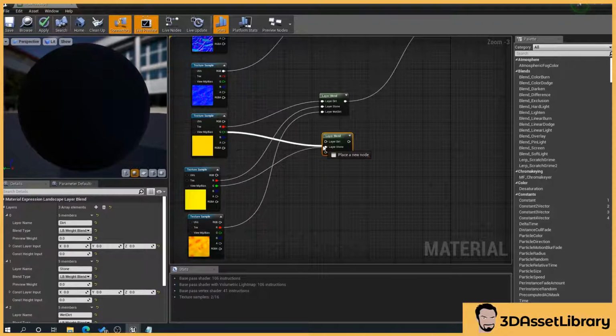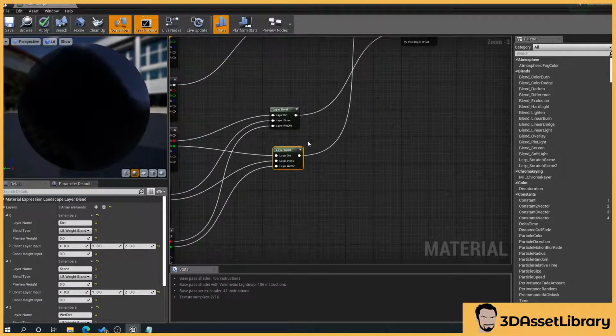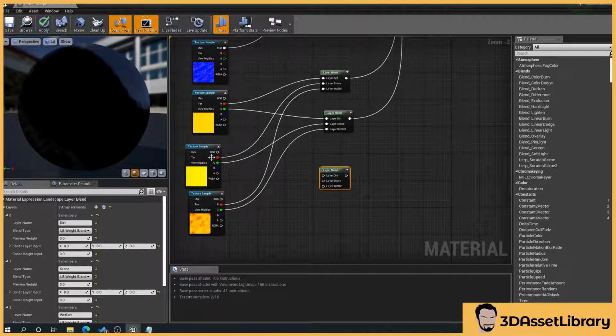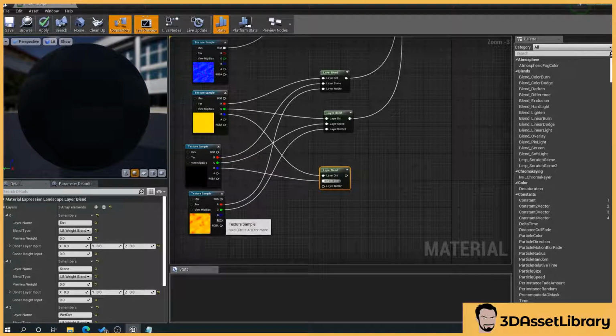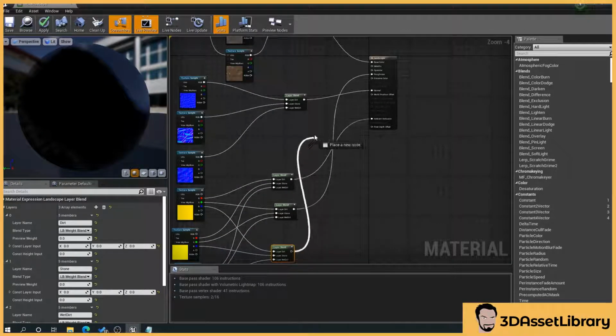Oh, wrong one there, there we go. As you can see here, this may vary depending on what texturing software you're using, but it's just exactly the same principle as the others.